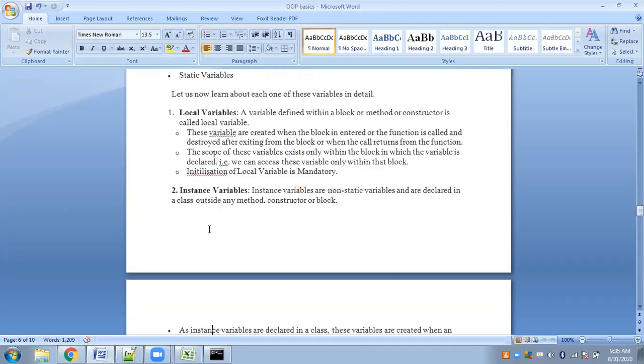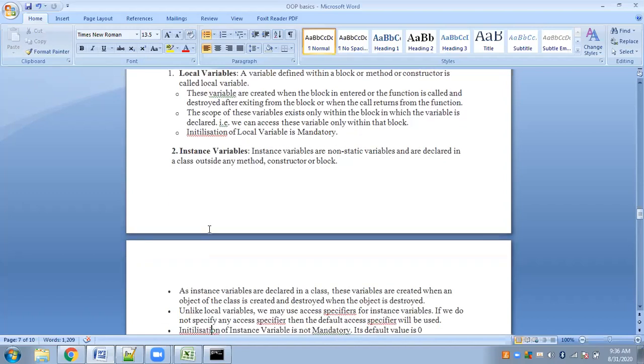And talking about instance variables, they are actually object variables. Whenever you create an object of a class, the variables also get created. Created in the sense that memory gets allocated for those variables in objects. Since we have not used objects, we don't know the memory allocation for classes and objects, so we will not discuss this in much detail. But for the time being, just remember that instance means object. Whenever an object is created for a particular class, these variables also get created.